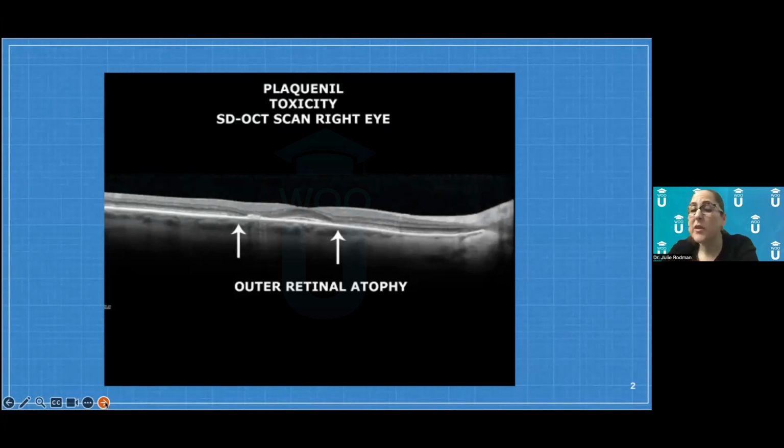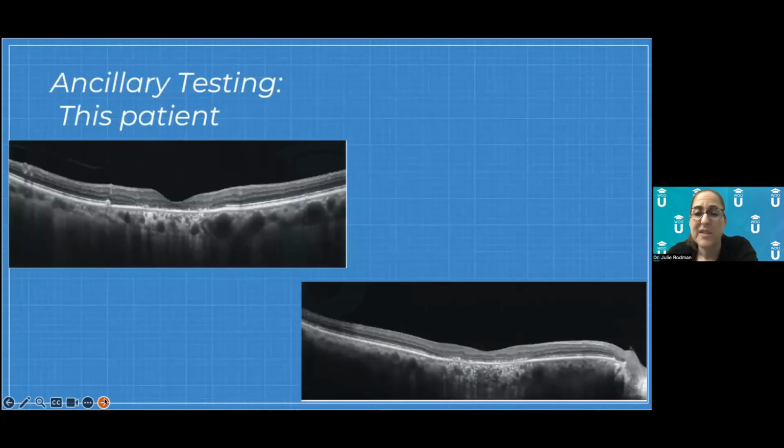So this is just another really pretty example of healthy in the fovea here. This patient's going to be 20/20, but look at the parafoveal area. You can see that the photoreceptors are missing here and missing here, and they're still living here. These are the really, really subtle changes that you're going to see in patients that have Plaquenil toxicity. And you can see the flying saucer sign here because the substance of the outer retina is sinking down into the area where the photoreceptors are missing. You really do need a very high quality scan to see this.